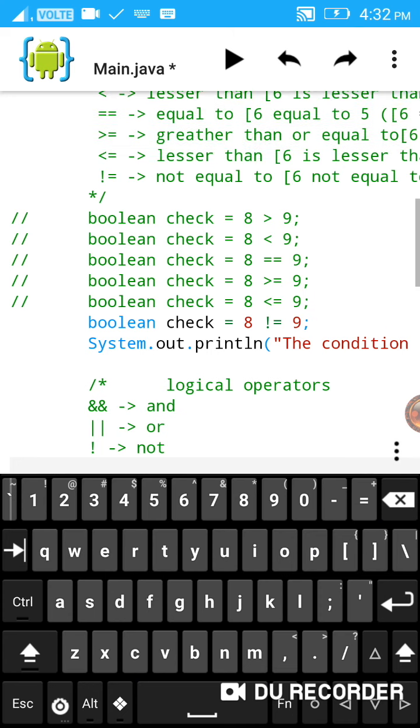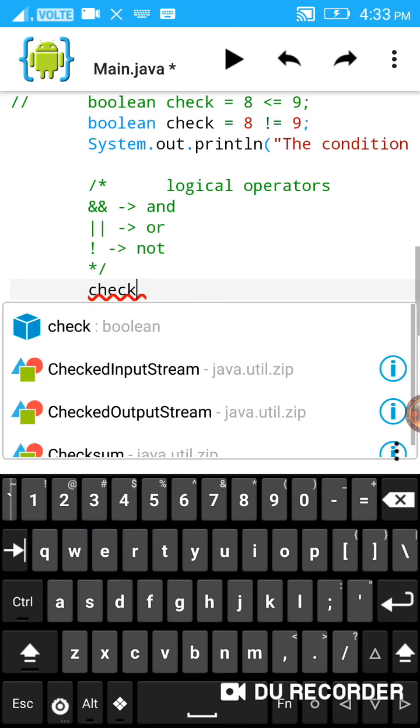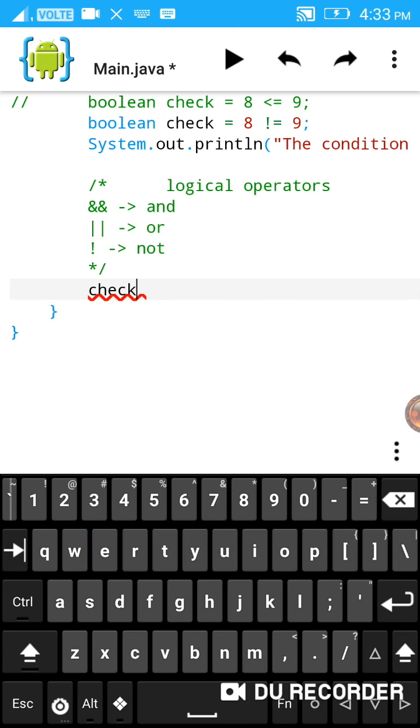Now we're going to check these things here. First I'm going to override the check value here. Just check. Oh, I'm writing in a multi-line comment here. Just check. I'm overriding the value here. Overriding means just changing the values here. If you are wondering what overriding is, it's just changing the value. I want to change the value to 8. Oh sorry, 8